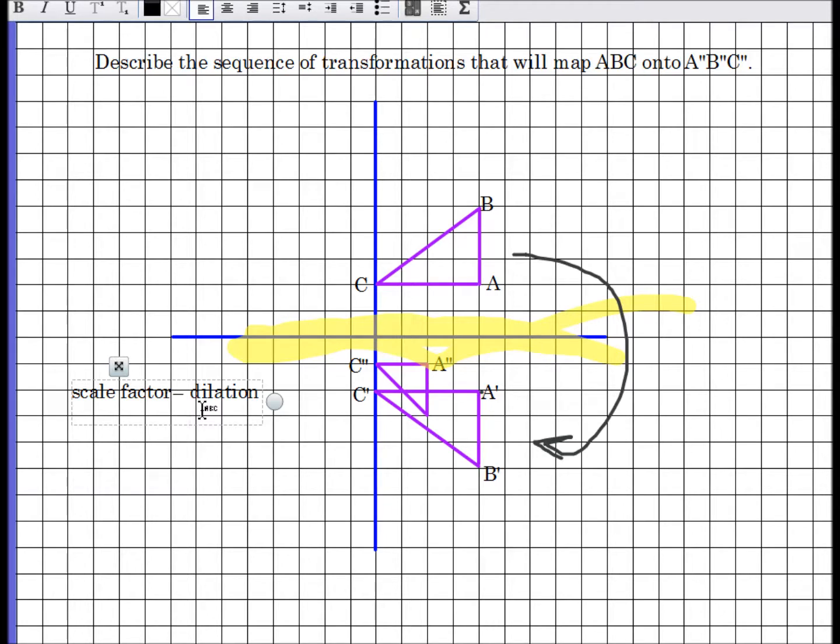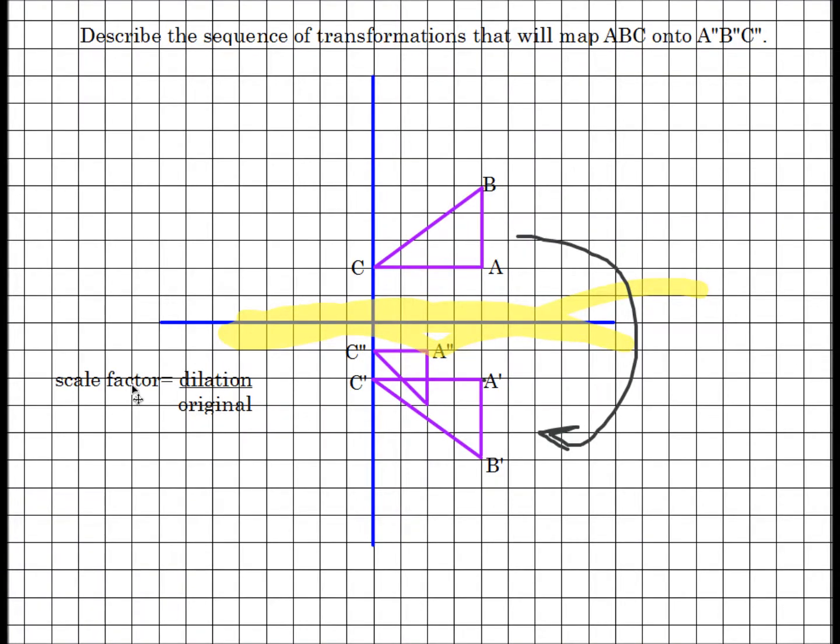And you have to excuse me because I don't have my slate so that I can type this while I'm speaking. But this is dilation over the original. So, knowing that scale factor is equal to the dilation over the original,